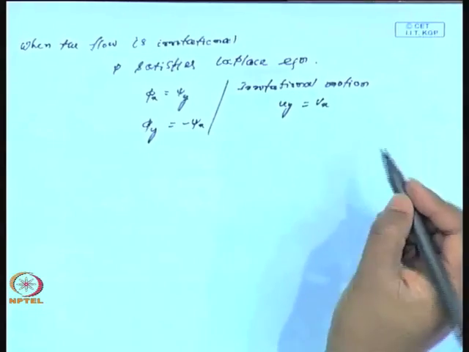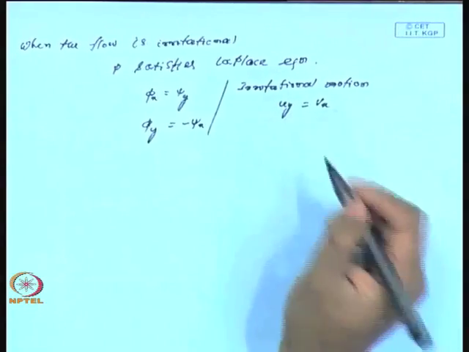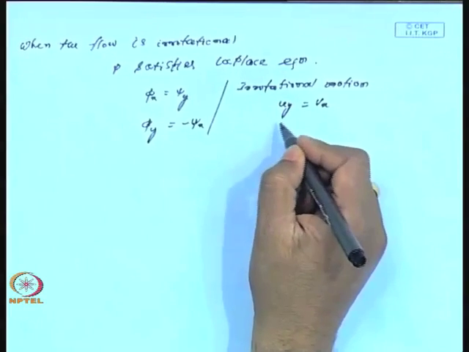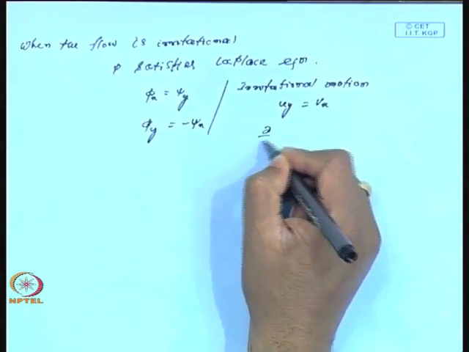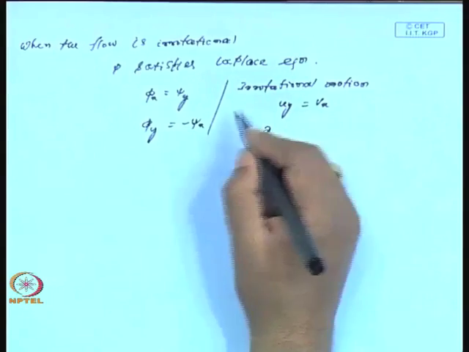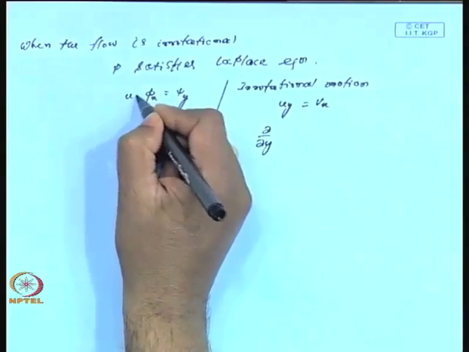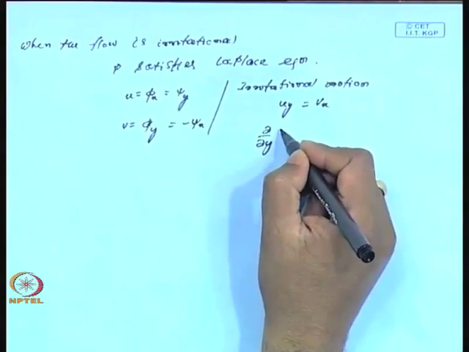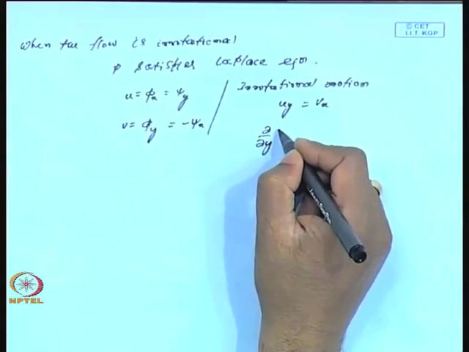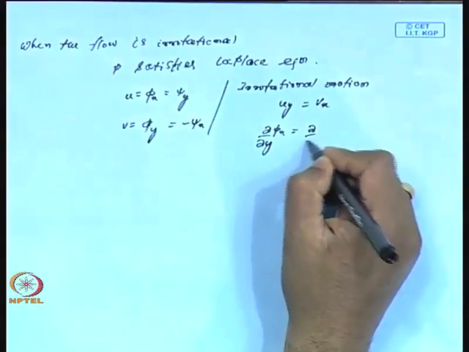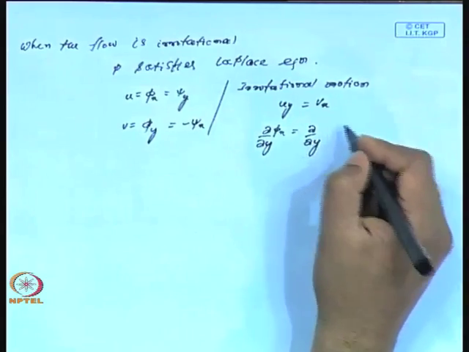So, if u y is v x, now substitute, del y, u is phi x and v is equal to phi y. So, del y u is phi x, which is same as del y psi y,